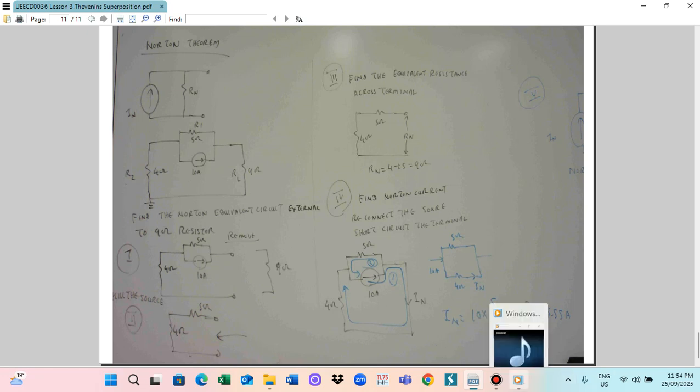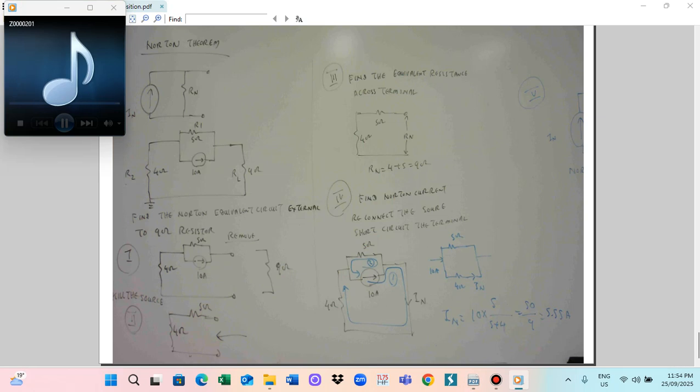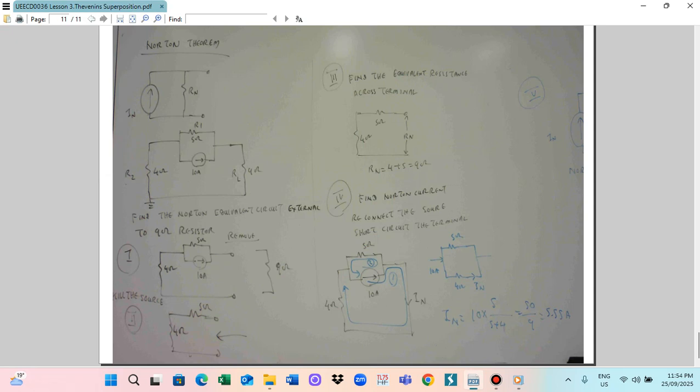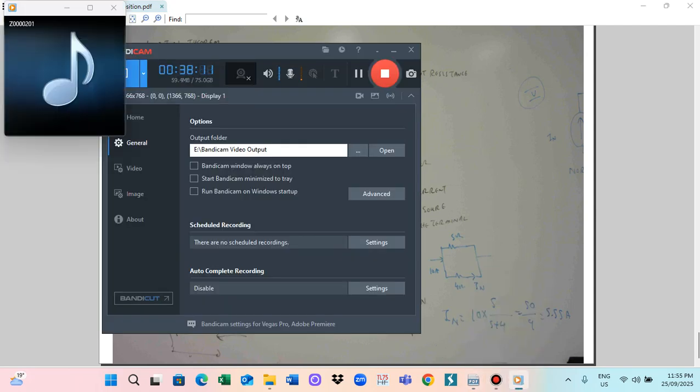I talked about the superposition theorem, Thevenin and the Norton theorem. So those are the circuit theorems we widely use for circuit solutions. Superposition theorem means that we get alternate